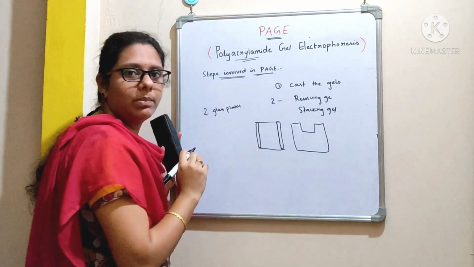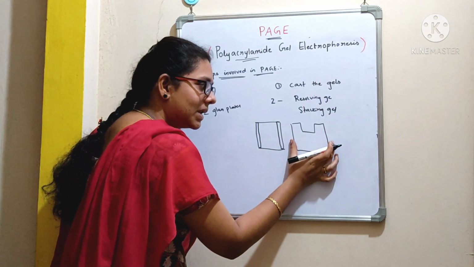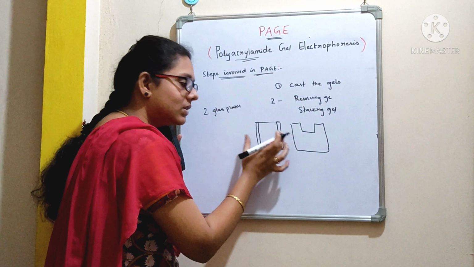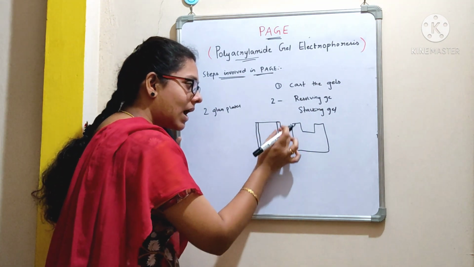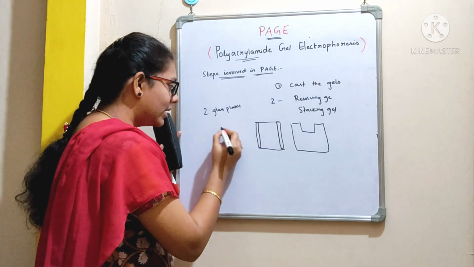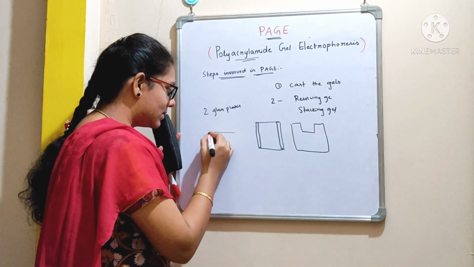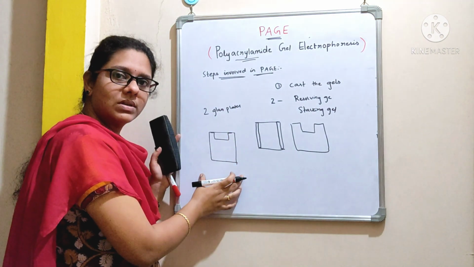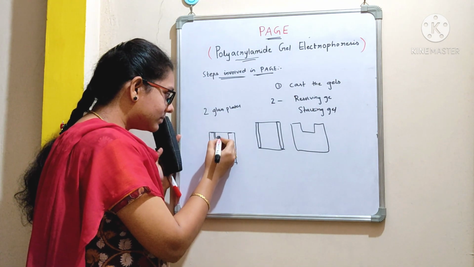of the normal plate. Then you have to place this notched plate over this normal plate, and in between these 2 plates you will have gel spacers. When you place this plate over the top of this plate, this is how it looks. Now you need to insert a comb here.